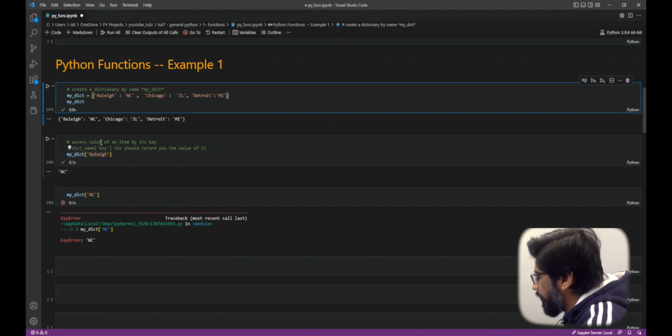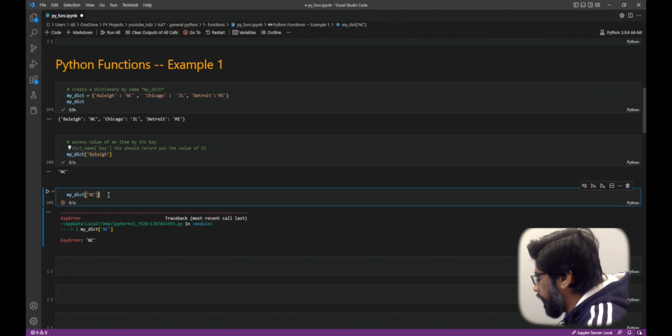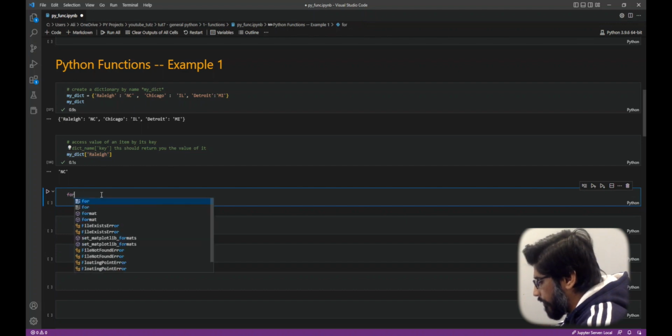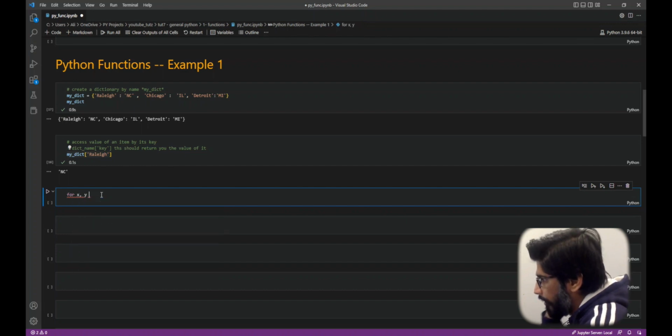The first thing we will do is take a look at how we can loop through the dictionary and access its keys and values simultaneously. We do that by starting a loop and accessing the individual keys and values for the whole dictionary. For the sake of simplicity, I'm just using X and Y for now. I'll change this later on. So for X and Y